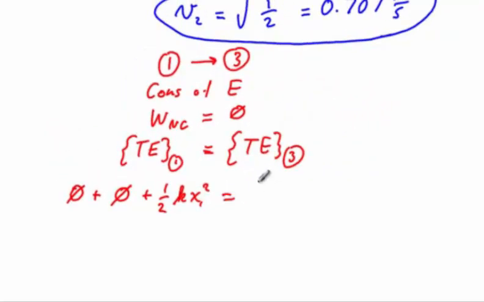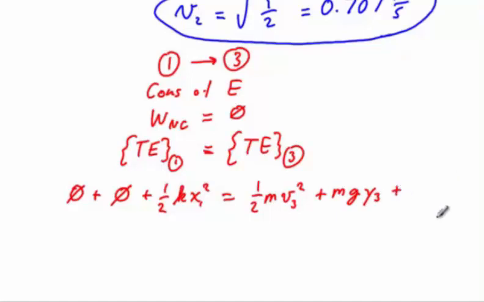Looking at moment 3, I believe that we do have kinetic energy. That's 1/2 m times velocity at moment 3 squared. At moment 3, we also have gravitational potential energy because we're up on a hill. That's going to be mg times the height at moment 3, or I like to call it the y position at moment 3,